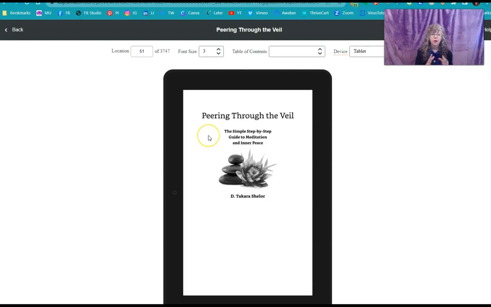So the more images you have, the bigger that file gets, and at some point, Amazon will no longer allow you to make the ebook 99 cents because the file is too large, okay? So a way to minimize that, even if you have more pages, is to take out as many images